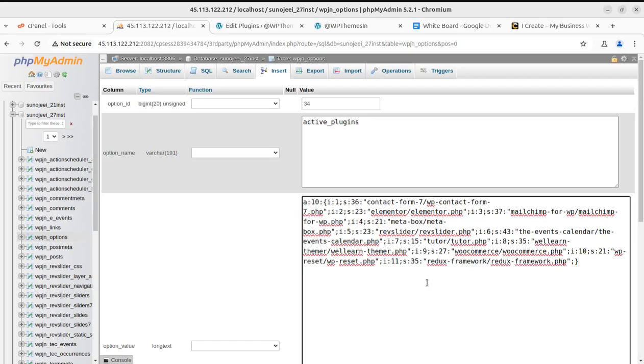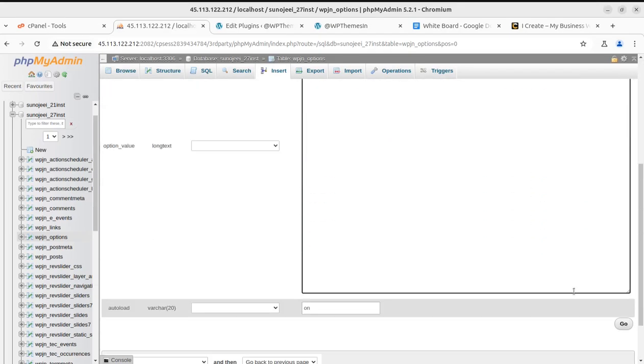And now this part of the code snippet is complete. But again, there is one thing remaining. The total number of plugins here is still 10, so we have to make it 11. Got it? Everything is fine. It is ending with the curly bracket, and it started with the curly bracket. We are using the same structure of code snippet for activating the Redux framework. So if it is all fine,